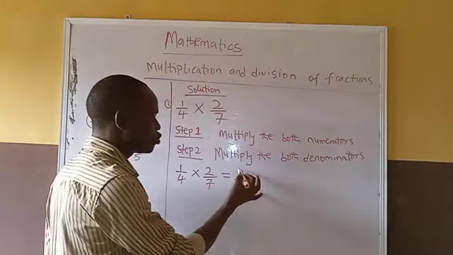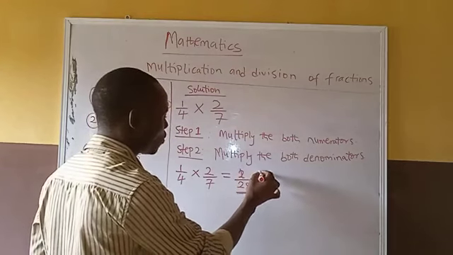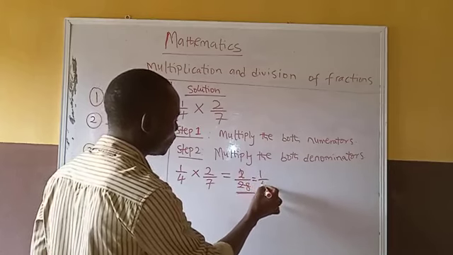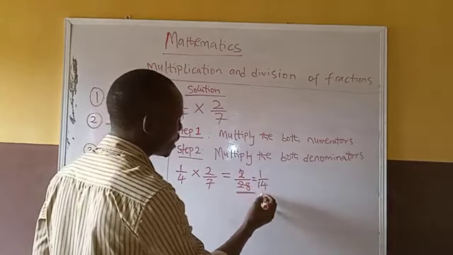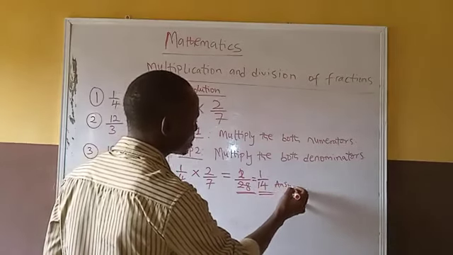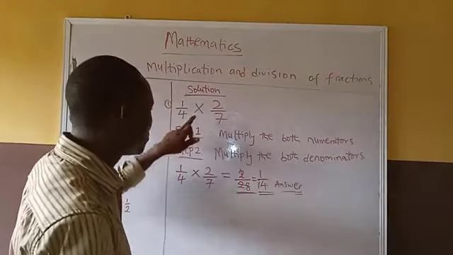You look at it, can 2 divide this without remainder? Yes. 2 divided by 2, 1. 2 divided by 28, 14, right? So our answer now will be 1 over 14. Answer. Very simple. When it is multiplication sign,